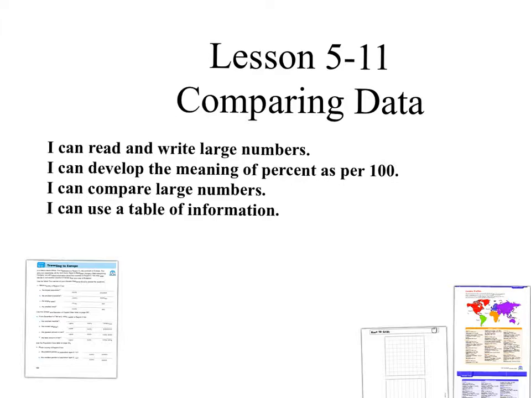So let's start with I can read and write large numbers. Read and write large numbers, we've been working on them. So we just need to know the place value. So if I tell you to write down 312,842, what would it look like? Well, let's see. It would look like